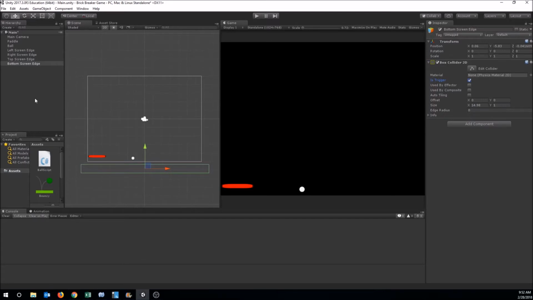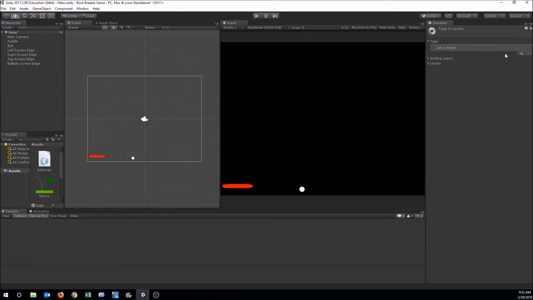The first thing we're going to need to do is we want the ball to be able to tell what this collider is. So we're going to go ahead and tag this collider. We're going to give it a tag. So we're going to select it, go up here to the tag part and add a tag. I'm going to go to add tag, hit the plus sign here, and let's call this tag bottom,